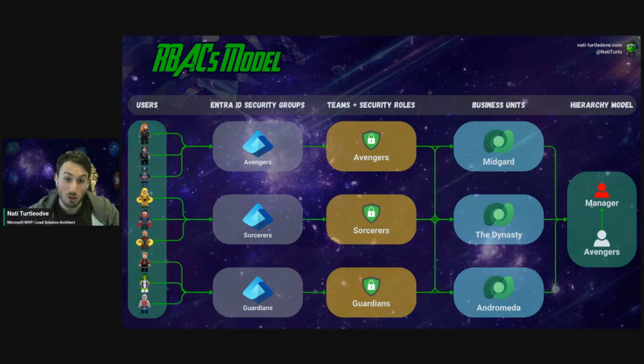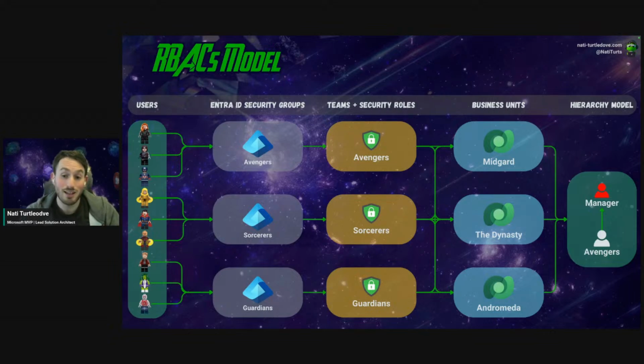And because we've streamlined it through Dataverse teams, this security role that you're assigned to, you can inherit to the business unit that you belong to. You don't have to manually assign the security roles to the individuals based on their business unit. They inherit the role based on their business unit, and they can only then see data within their business unit. So that's the start of a really good RBAC model, a really simple one as well, on how we can get users to see basic data through this process.